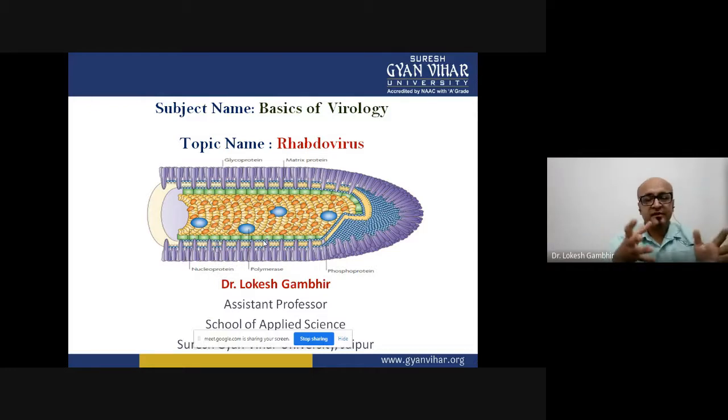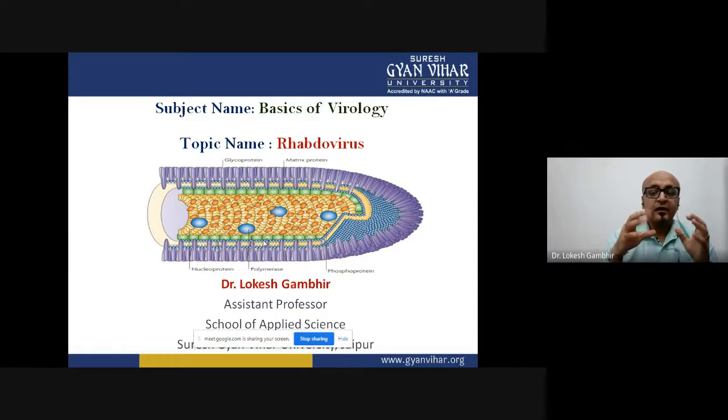In this series of basics of virology, we today will be discussing a topic that belongs to the category of negative strand RNA viruses. When we are talking about negative strand RNA viruses, the first virus that comes into my mind is rabies virus. Why? Because it is endemic in multiple nations. It spreads with a very familiar mammal that is being kept in domestication in almost 3 in 10 houses. So the virus that I'm talking about is rabies virus, belonging to the rhabdoviruses category.